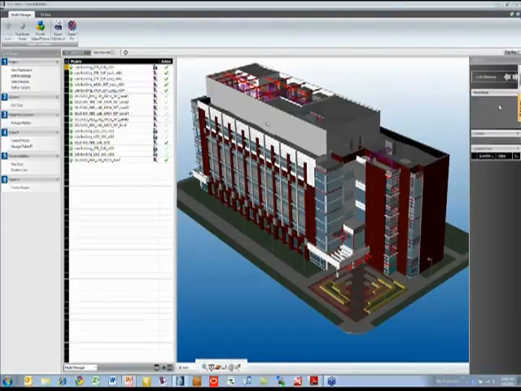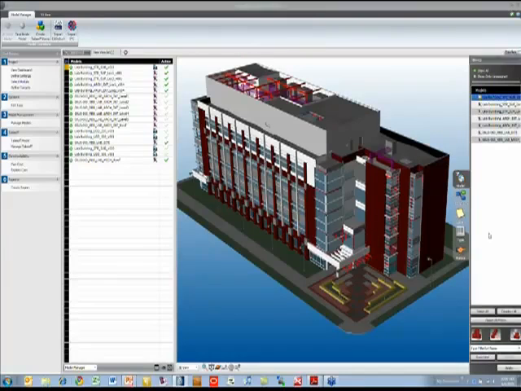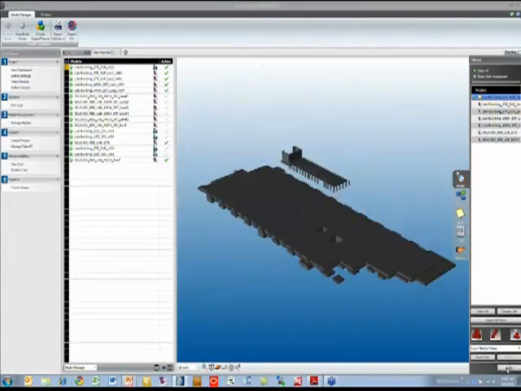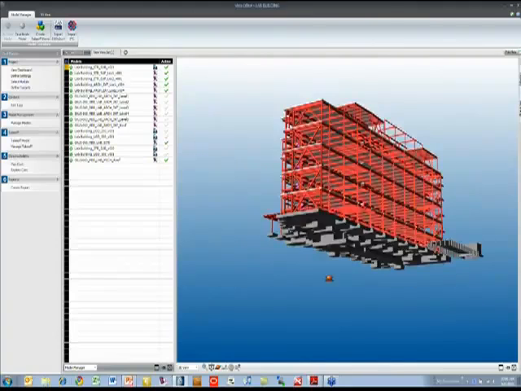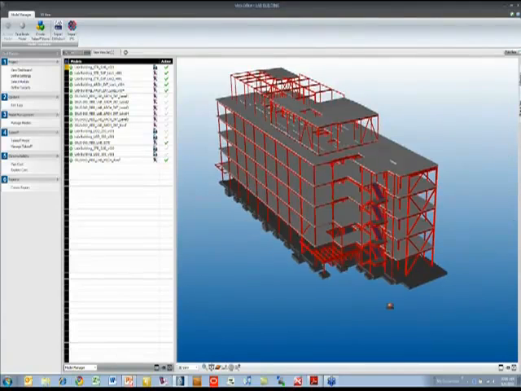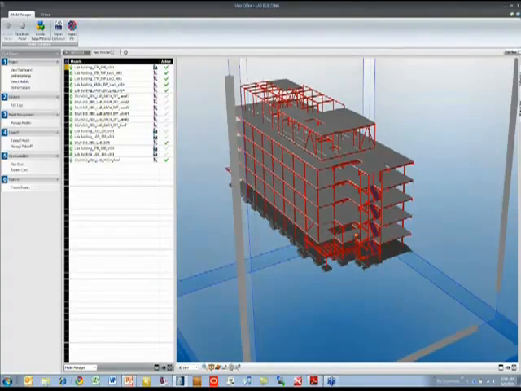So let's take a look here and see in the filtering where we have the substructure model. If we filter just for showing the substructure model, we can see that this is coming actually from ArchiCAD. Then if we add the structure, then we can see the structure, and at each point in time we can obviously rotate and have a look and take cross sections, for example. If we take a dynamic cross section of the information,